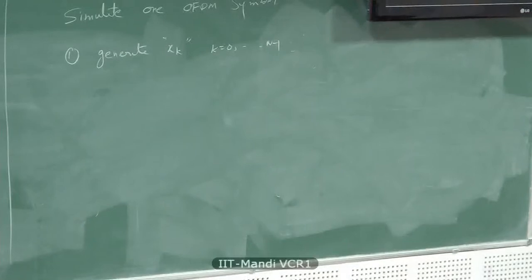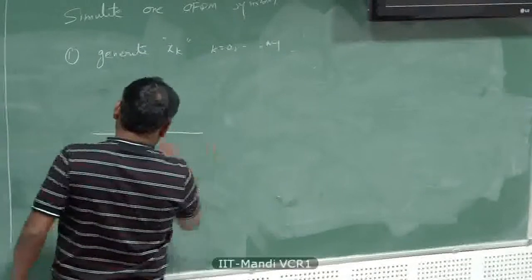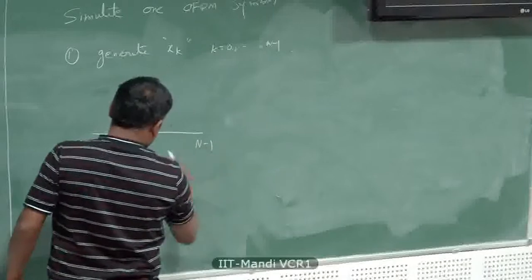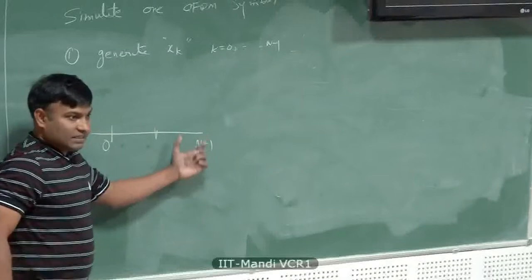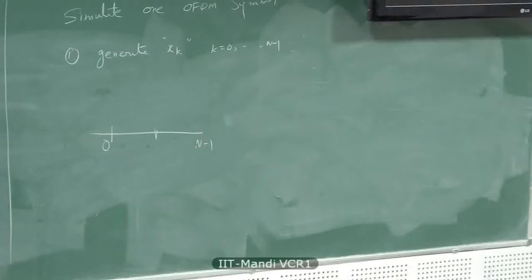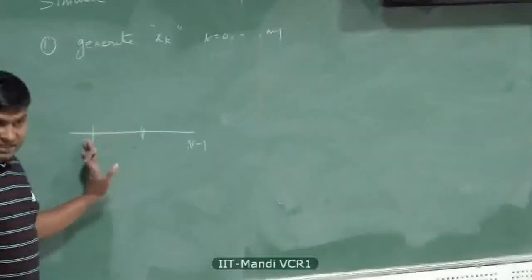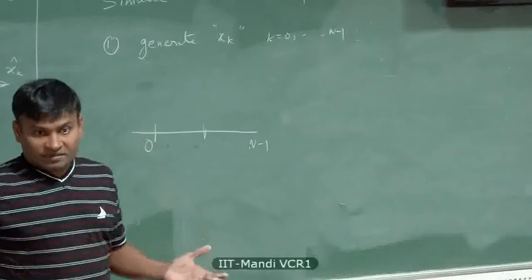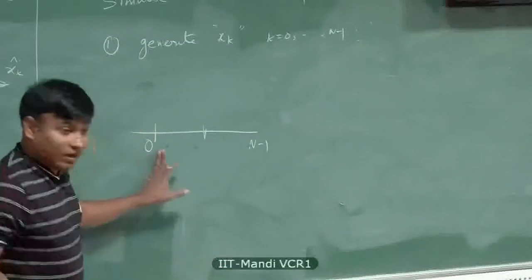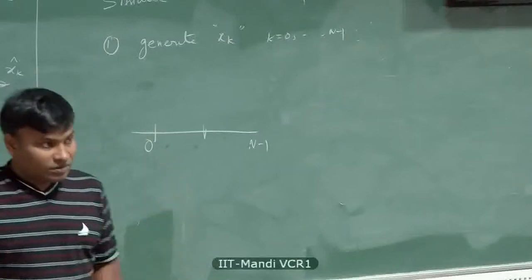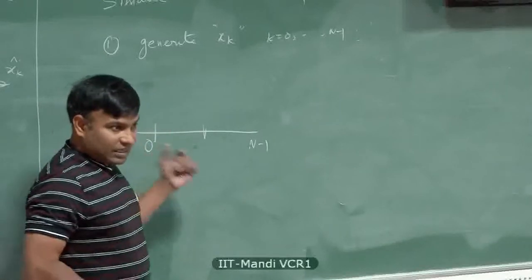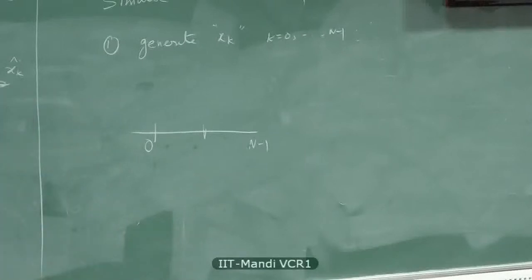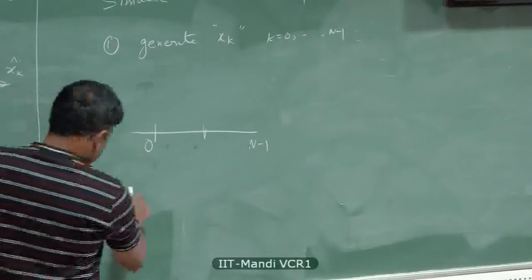When you use the IFFT command or FFT command, you should realize that MATLAB always deals with points 0 to N minus 1, and this half is the positive axis, and this half is the negative axis. When you give a sequence, MATLAB doesn't deal with negative indices, especially the FFT routine. In fact, it always starts with 1. So what you have to do is you take this IFFT command, and remember the signal that you generated, S of t,